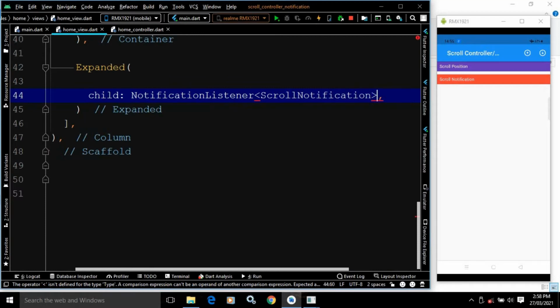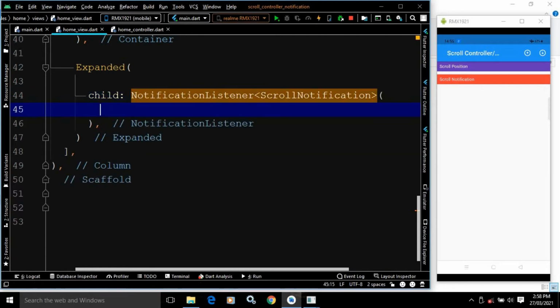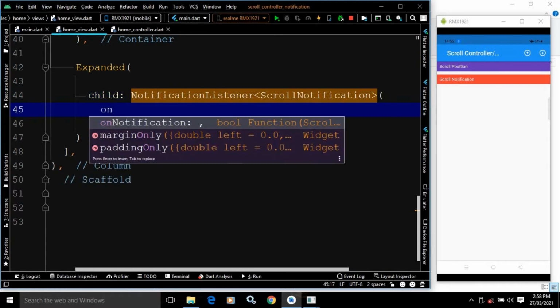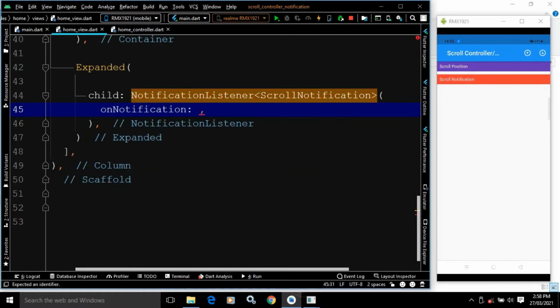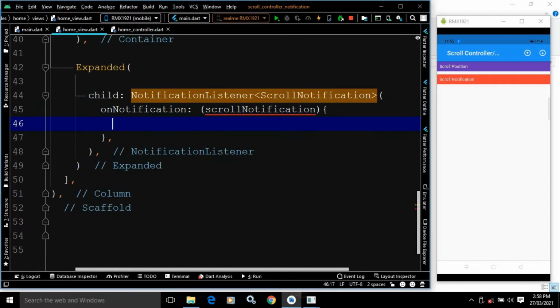Here it takes a parameter called onNotification. In the onNotification, I will pass scrollNotification. Now I need to write the code for what will happen whenever the scroll starts, updates, or ends.